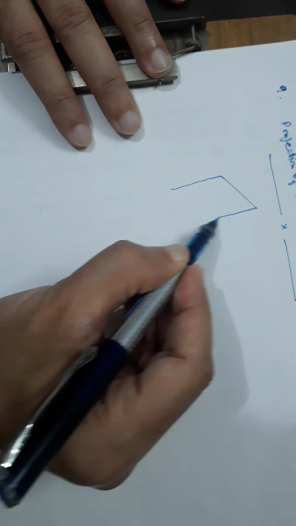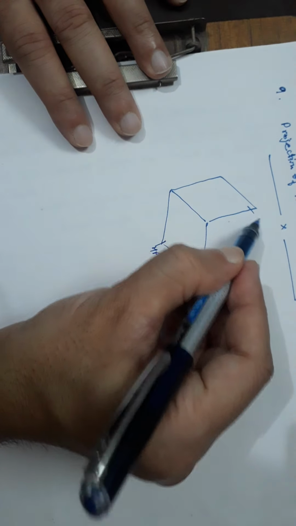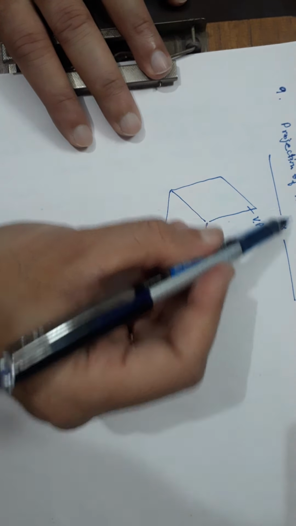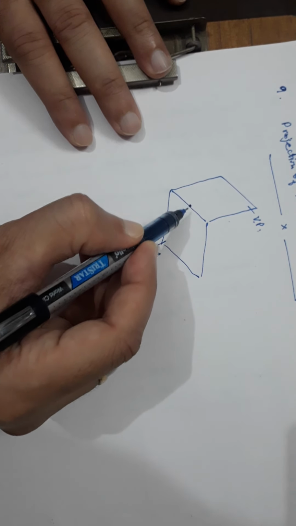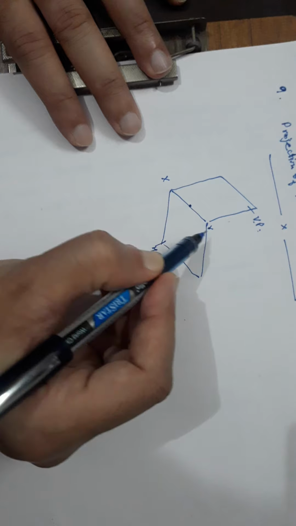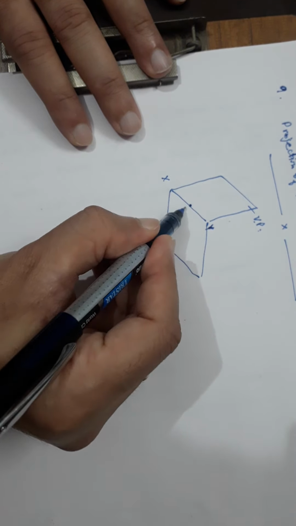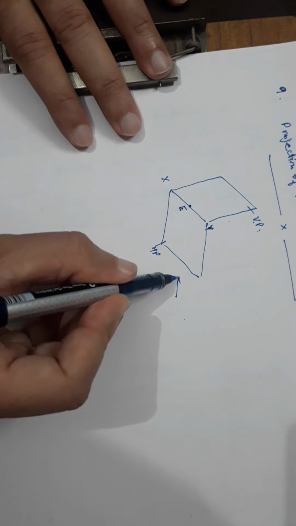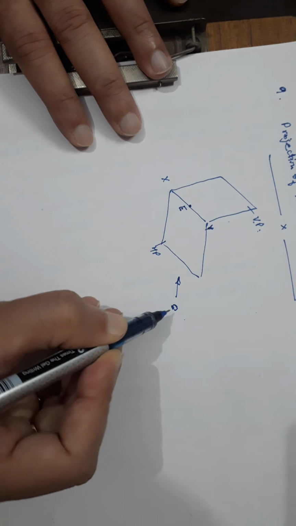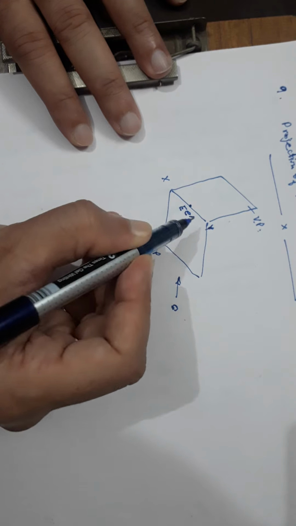It can be shown in the pictorial view like this. This is the horizontal plane, this is the vertical plane. Now when I say the point should be in both HP and VP, where should it be? It should be lying on this reference line, because only this line is in both HP and VP. So the point will be somewhere here. Suppose this point is E. Okay, actual location. Now while seeing from this side, you get the front view. It will be again lying on the XY line. So E dash will be merging with capital E.